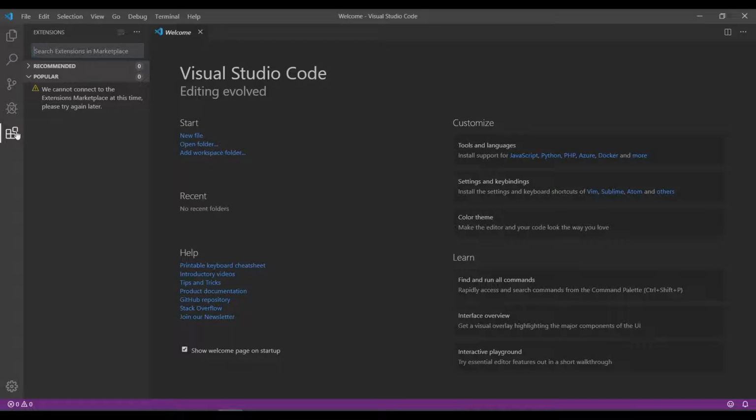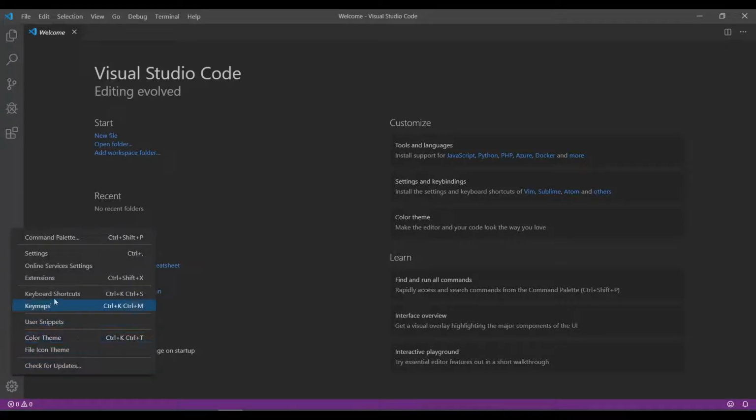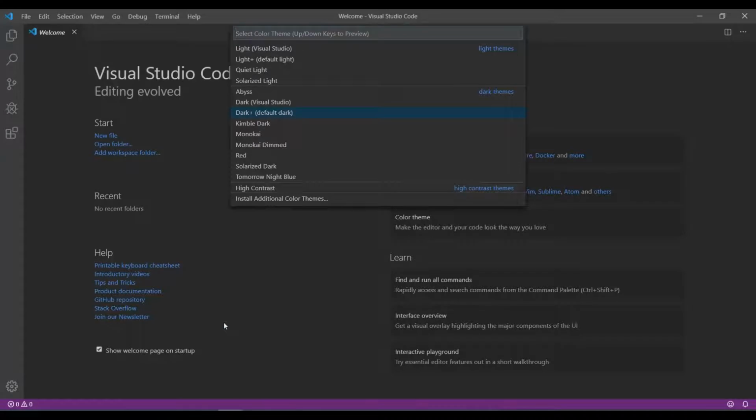Extensions is where you can download and install extra features that are not available with the Visual Studio Code. Manage is like the settings. It is where you can change the theme color, for example. If I click on color theme or Ctrl K and then Ctrl T, then you will be able to change